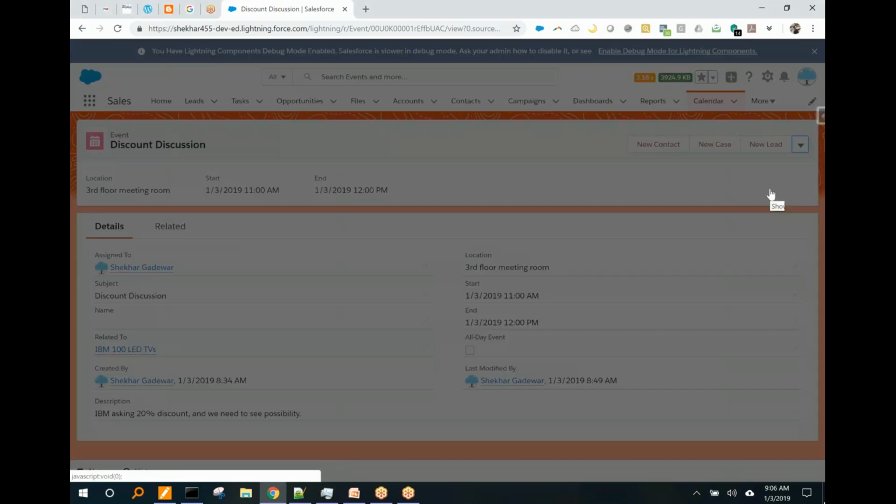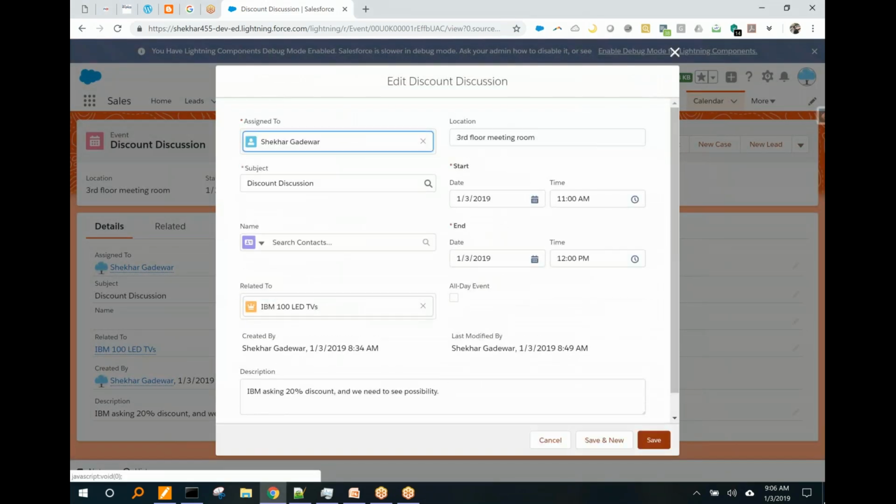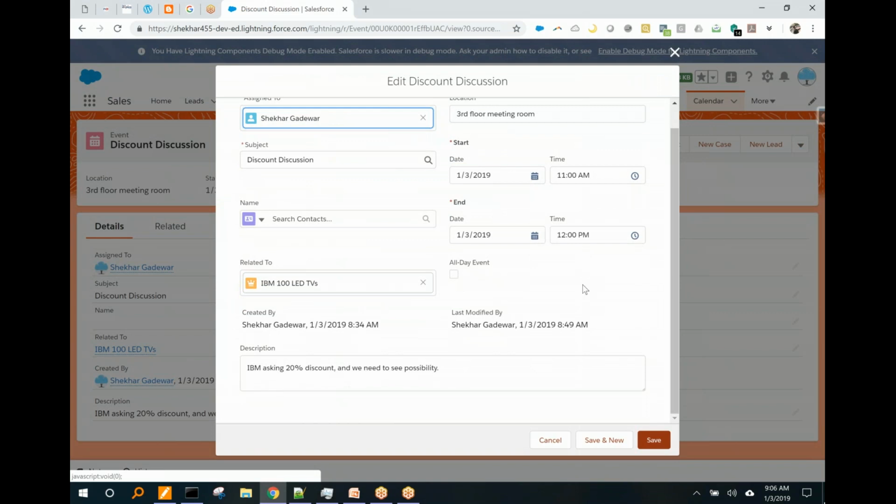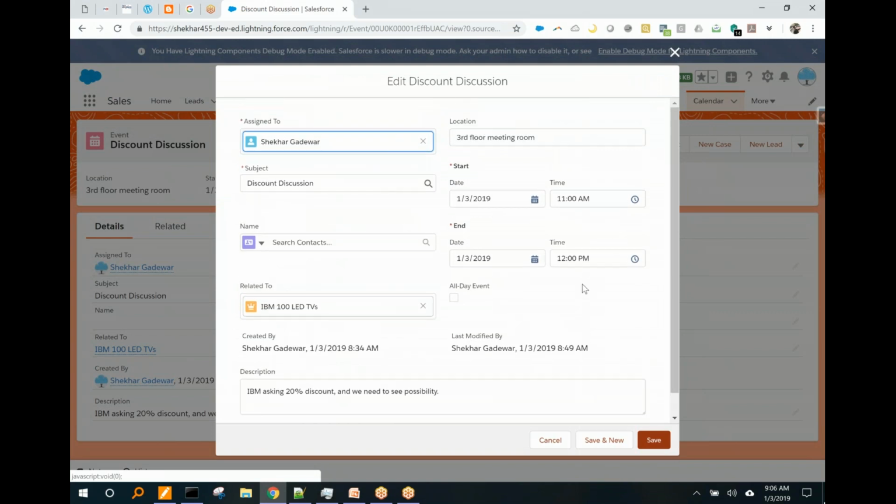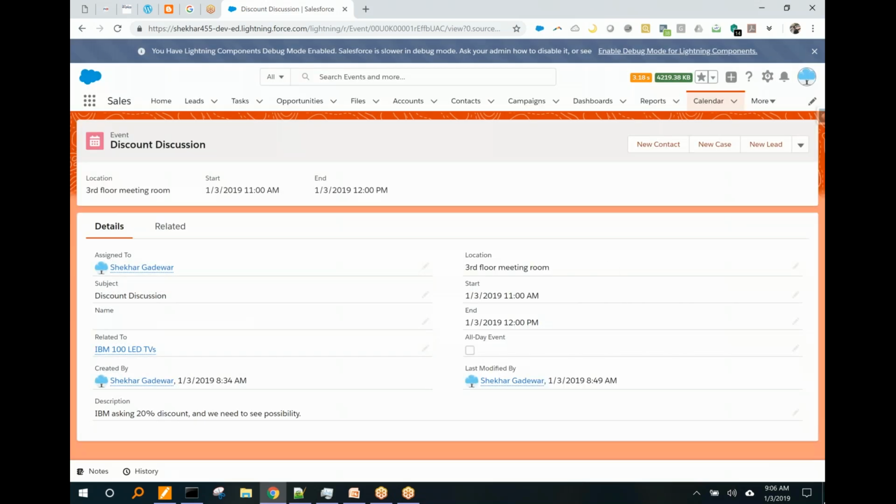Let's say I want to edit this record. You can make the changes. So maximum things are same, and you can make this kind of changes again here. You can modify this, everything is same in lightning. Okay, apart from that, now you go to the calendar